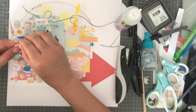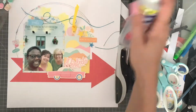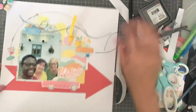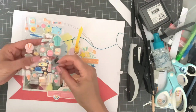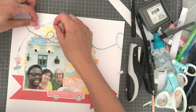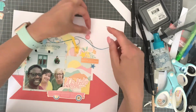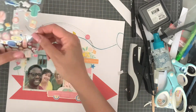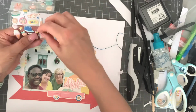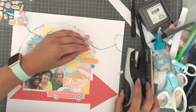And so we're going to create little clusters of these little puffy stickers around that wreath. Whatever you've got, it all goes, it's all very cute. And again, just do them in little clusters. So rather than fill the whole circle with puffy stickers, we're just doing them here and there in little clusters, and then have the odd one